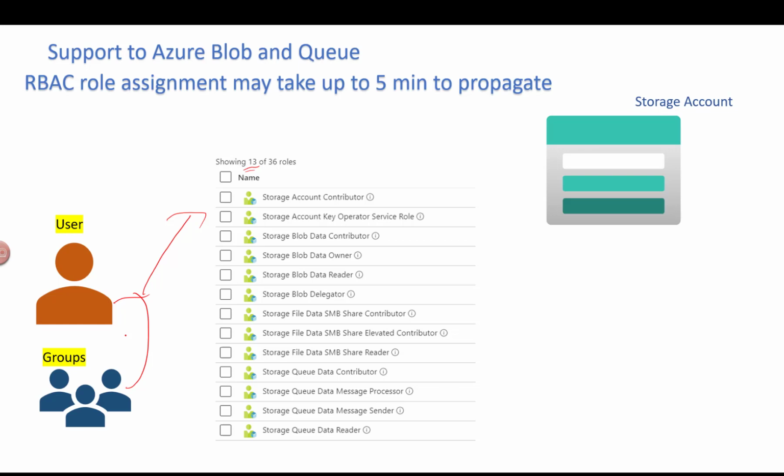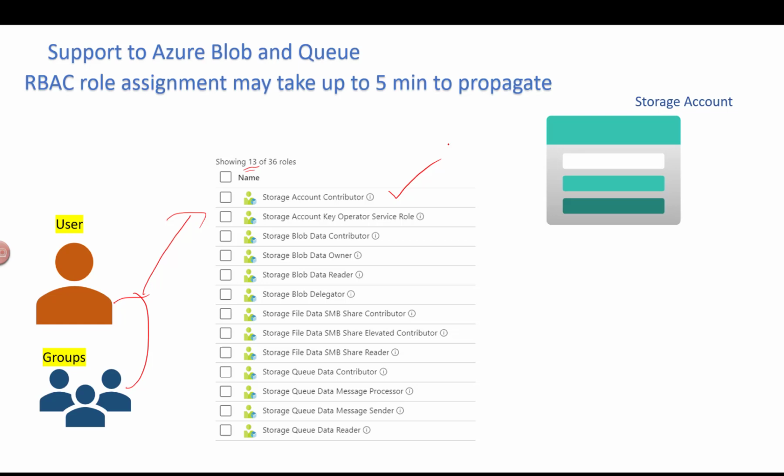Generally, if you want someone to be the owner of a particular storage account, who will manage that storage account for its entire life cycle, in that case you can assign the Storage Account Contributor role to that particular user or group, so that they can access the storage account. They can control the data access for that particular storage account for your organization.